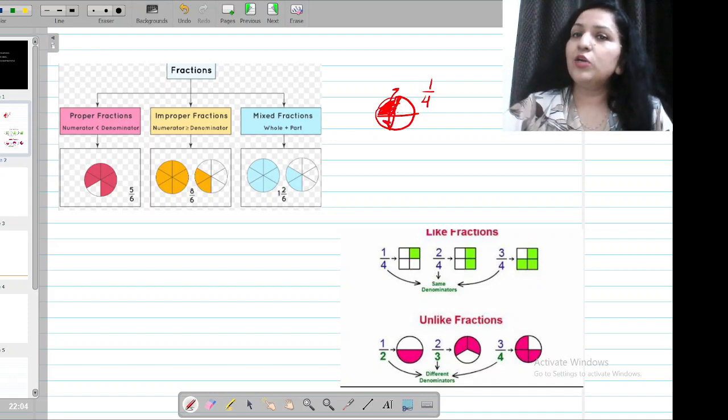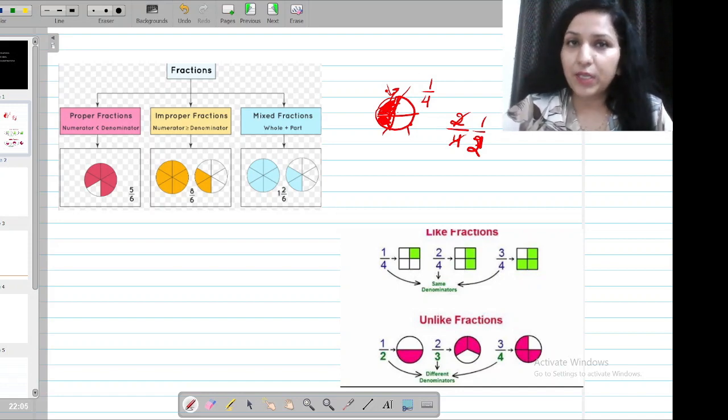If I take two parts out of total four, we can see here total 1, 2, 3, 4 parts are there. If I have taken two parts out of four, my fraction will become 2 out of 4, and the simplest form is 1 upon 2. That is half. So can we see here, is this half of the circle? This is half of the circle. So this is how, when the picture representation is given, we see how do we give it a value.